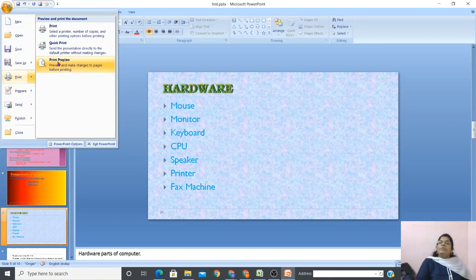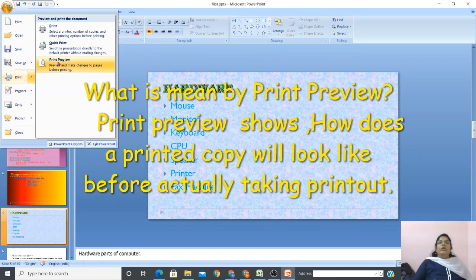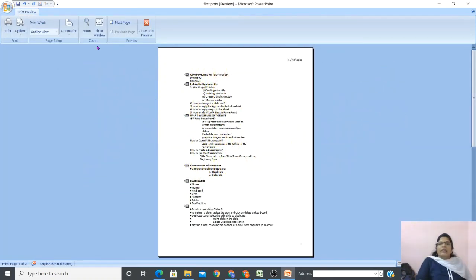Okay, so what is print preview? Print preview is nothing but how the printed copy will look like. It is called preview. Before taking the printout, you can see how the page will look like. Okay, so that is called print preview, and if you go to print preview, you can see the slide, how it looks like. Okay, and when you take a printout, you have to decide in which format you want to take a printout.